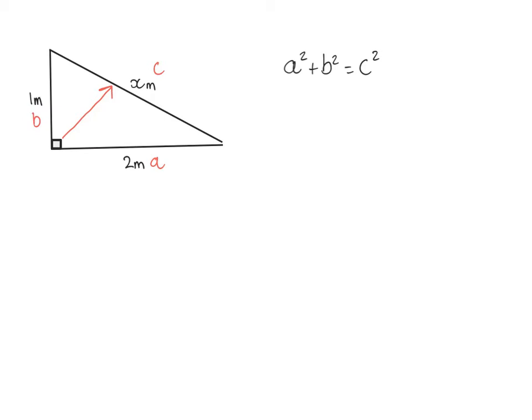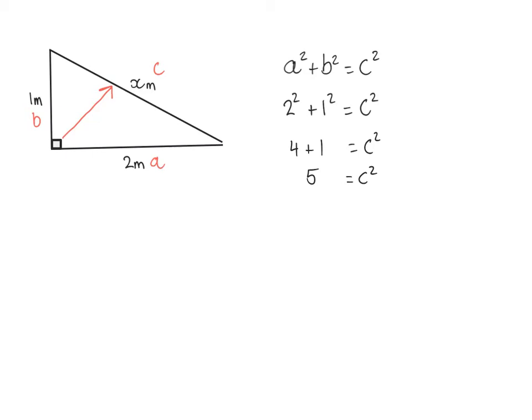So my next step now is to substitute the information that I do know into my formula and see if that can help us find the missing side length. So I know the side length A, that's 2 meters, so 2 squared, plus I know side length B, that's 1 meter, but I don't know C, so I'm going to leave that as the letter C. Now I can start to evaluate some of this. 2 squared is 4, 1 squared is 1, so that gives me 5,